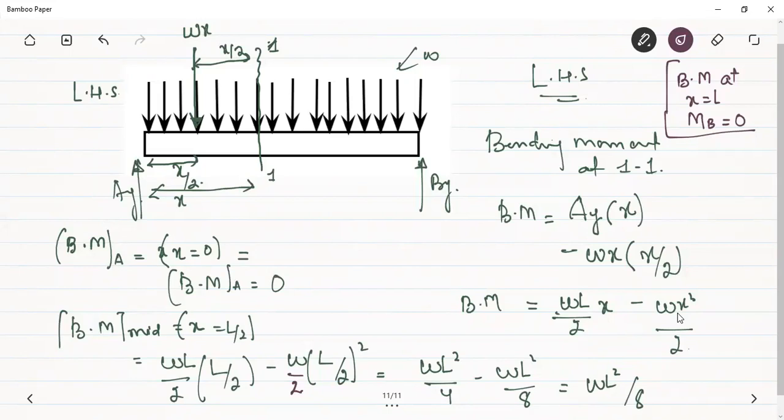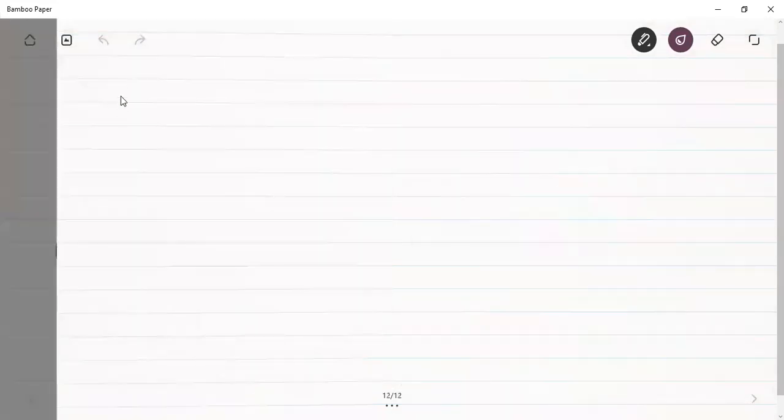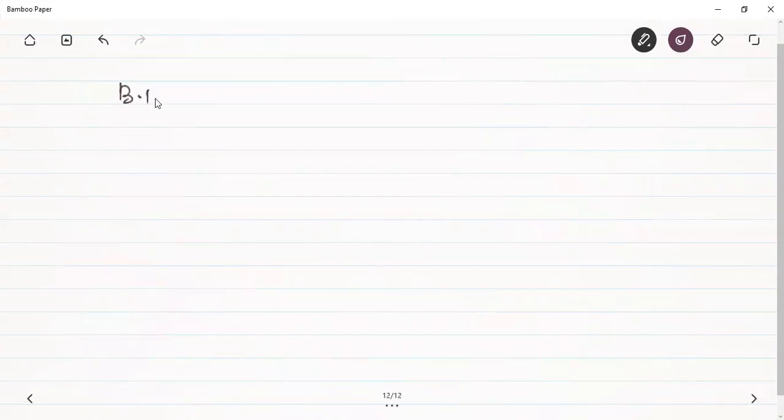So we got this bending moment. Okay, we got this bending moment. The bending moment equation is, let me write this bending moment equation again. What was this bending moment equation? Omega L by 2 x minus. Let me find its maximum value. Find its maximum value. Then the differentiation of, no need to take the partial derivative.